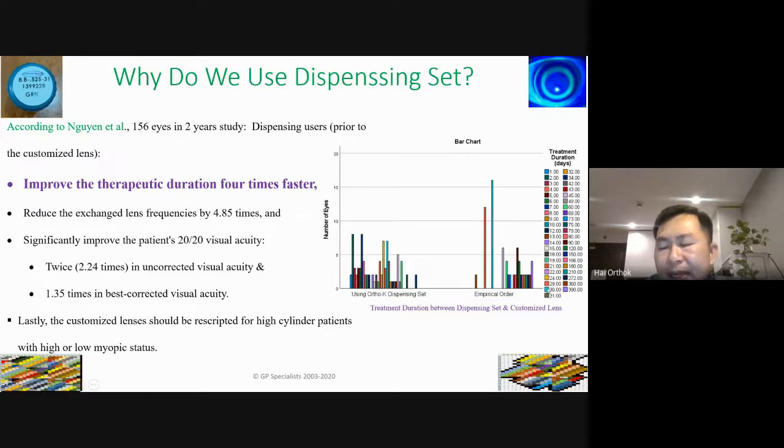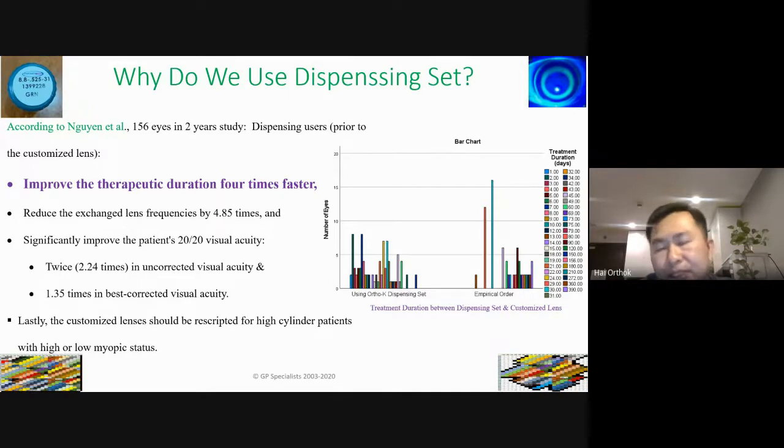With the customized lens, it takes up to 30 days, because the problem between fitting the first customized lens and waiting for the second customized lens comes if the first customized lens is incorrect. To avoid this, if you do the customized lens, I suggest you use the lens from the dispensing set first. And when you are getting the lens with very good centration, you're able to correct about